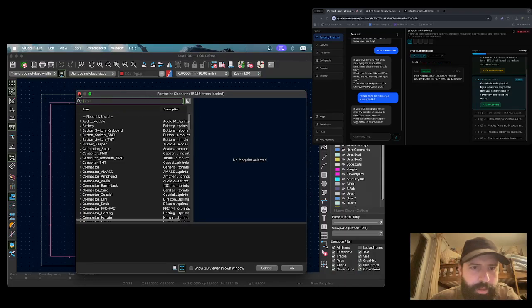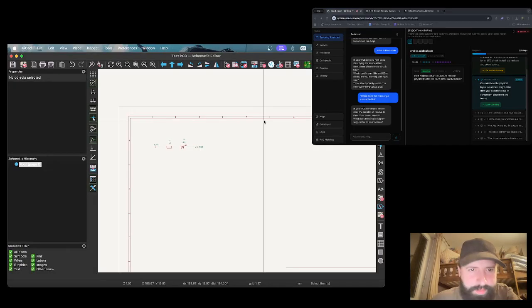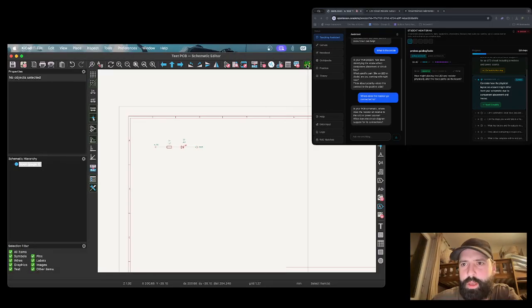Footprint chooser. Button, battery. What are all these buttons? Okay, so I'm back here. If I switch to the schematic, the schema disappears. If I switch to the PCB,